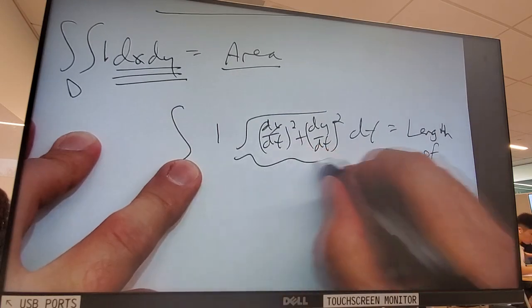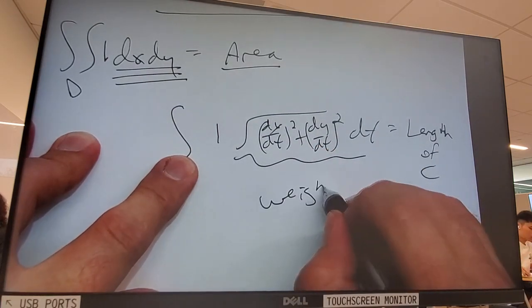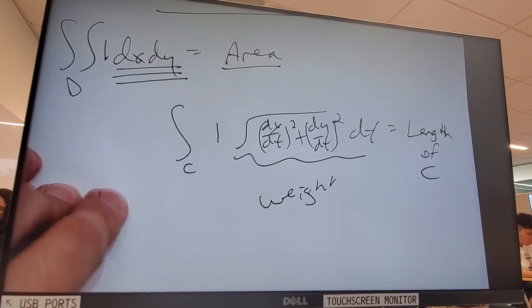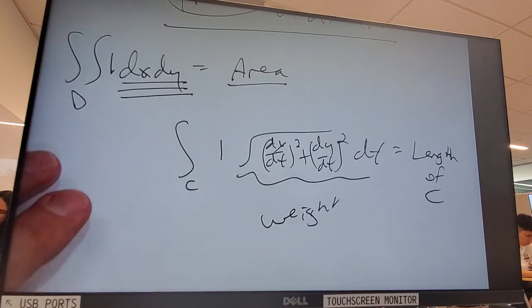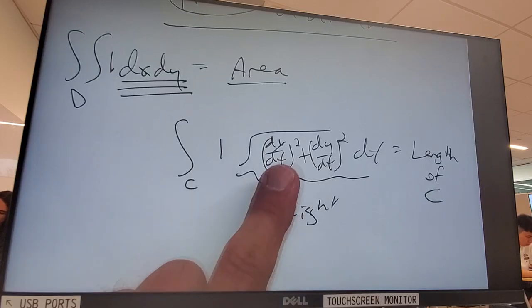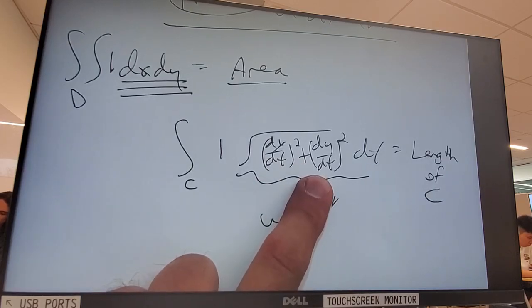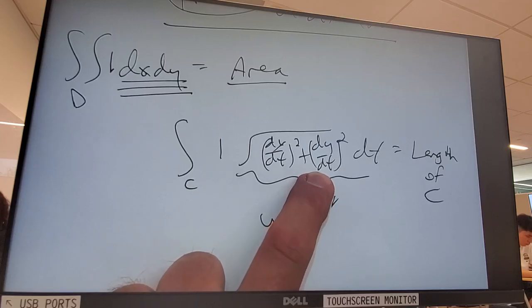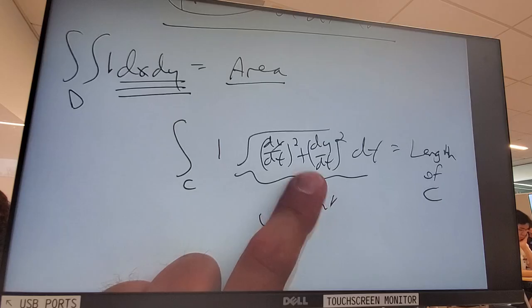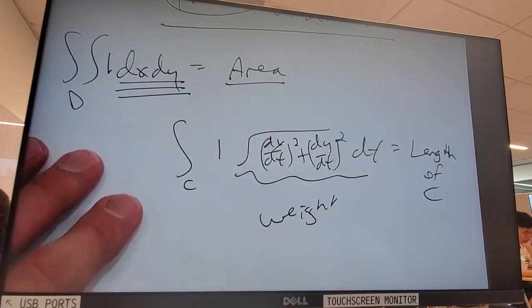So you'll see sometimes they'll call this a weight. To me, that never really made full sense. But it literally is kind of like, this part is just telling me how I'm moving, so it has to be there. Sort of like in 180, if I didn't put a dx, the integral wouldn't make any sense. Which direction am I going? Is it dy, dx? So this whole thing has to be there. All right, I think I've beaten that to death. I just really wanted it to make sense.